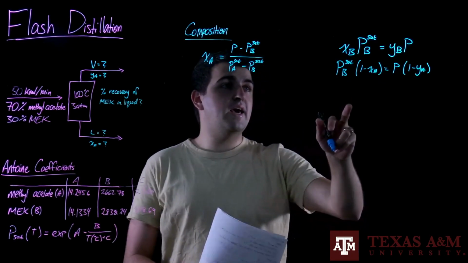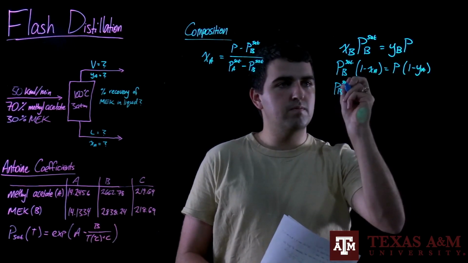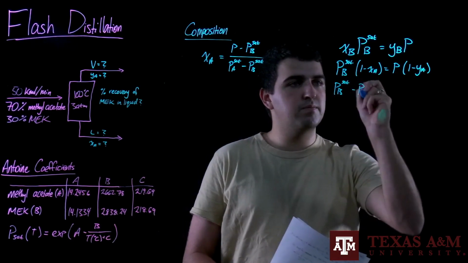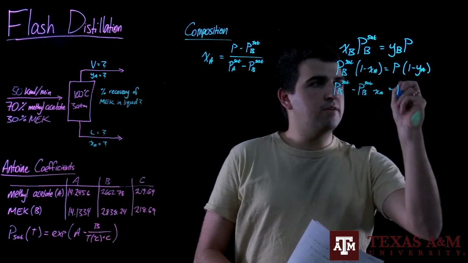We can go ahead and multiply in, PB sat minus PB sat XA equals P minus